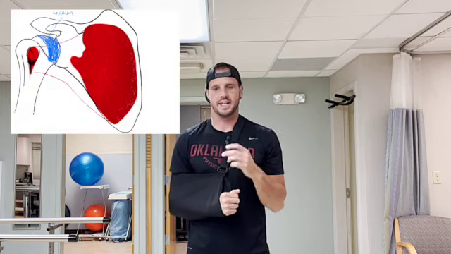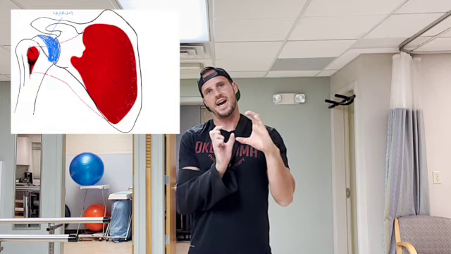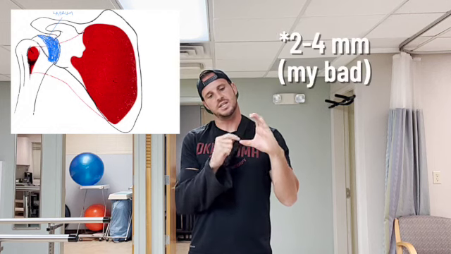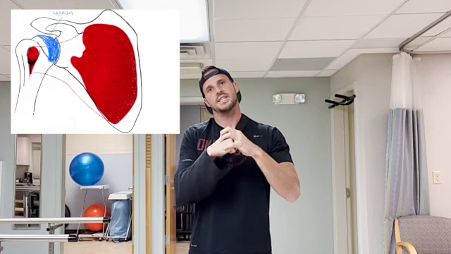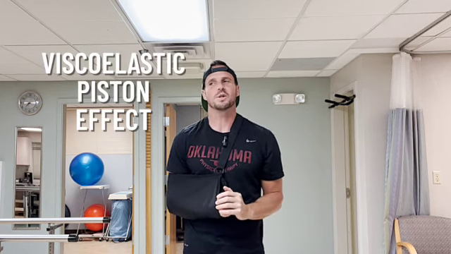But thankfully, the labrum is a rim of fibrocartilage around the socket. It adds about another 2 to 4 inches all around, making it deeper, making it able to fully connect with the humerus. Not only does it make a deeper socket, but there's actually something called the viscoelastic piston effect. I know it's kind of big words, but in simple terms, it creates a negative pressure that basically acts like a suction cup. So when you're moving, it's suctioning the humerus in, so that when you're throwing or moving your arm, it has that extra